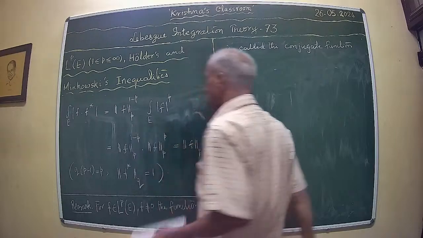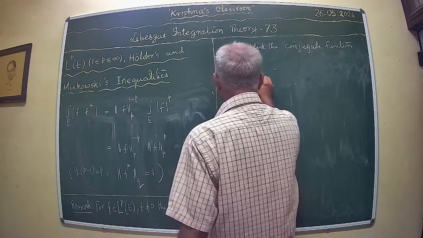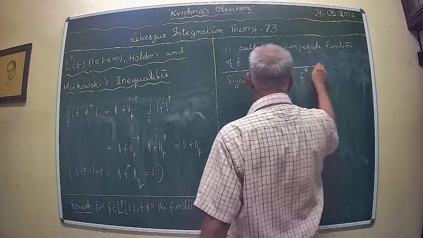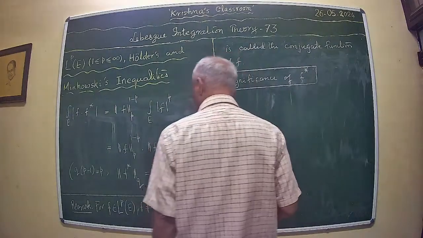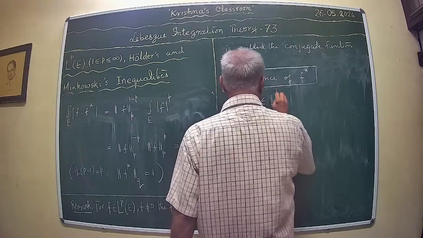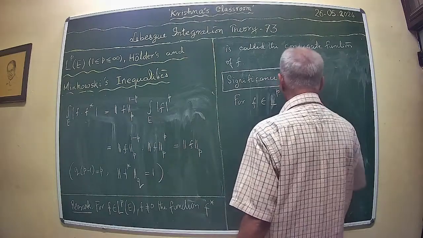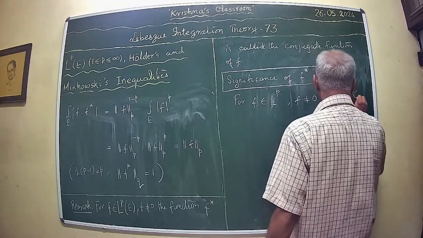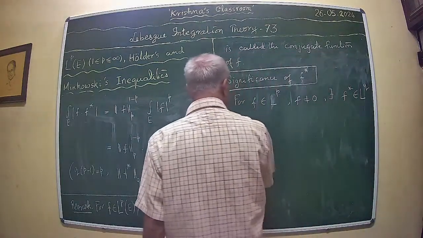Now, what is the significance of this? So let us write. What we have proved is this: for f not equal to 0, there exists an f star belonging to L Q such that